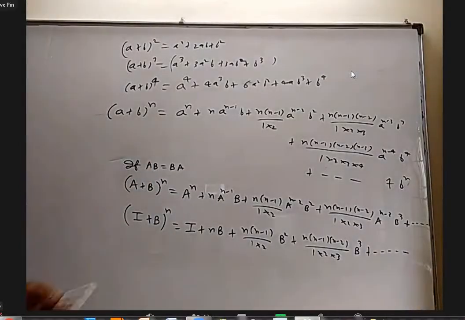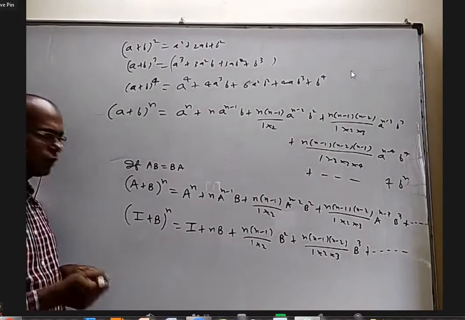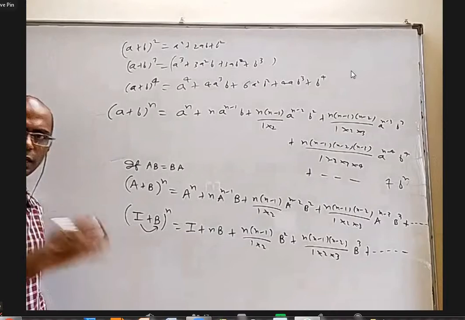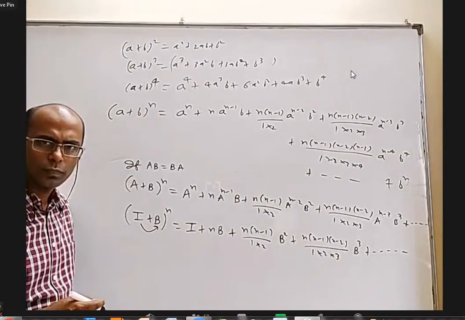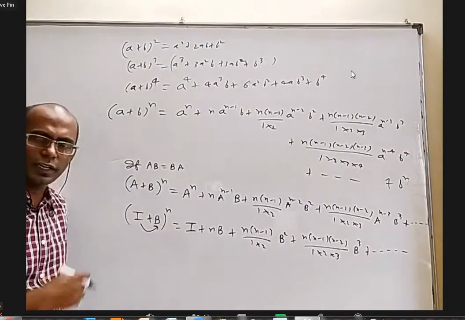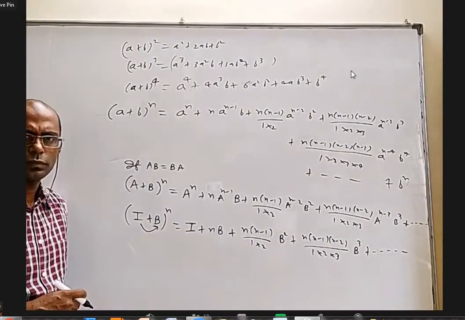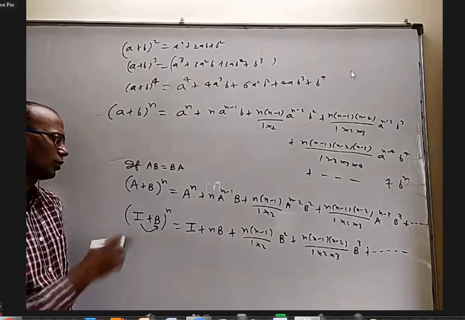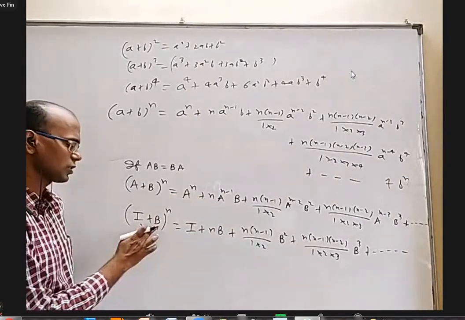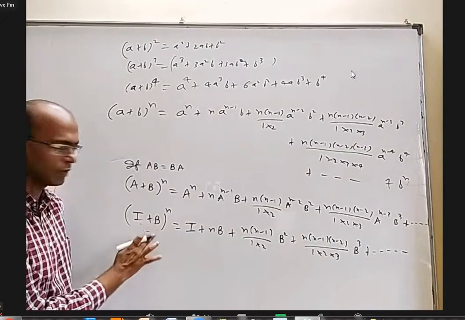Okay. Here, no problem. In the first one, I'll come back just one. I into B is how much? Identity matrix into B is what? B only, sir. B into identity matrix? B only. So whether you multiply these to B, whether you multiply these to B, nothing is wrong, we can use this.